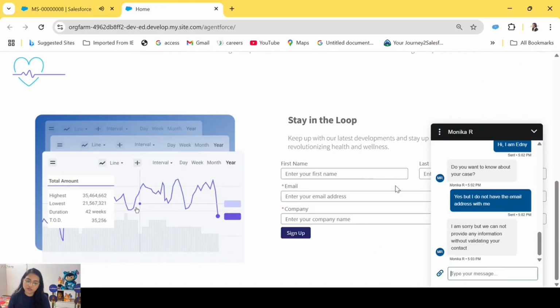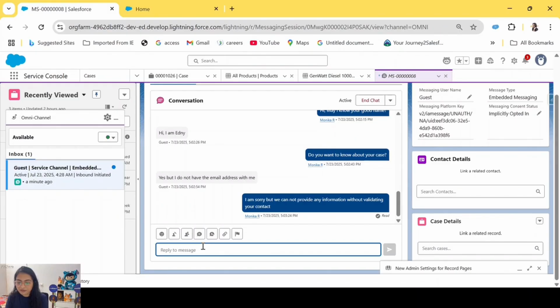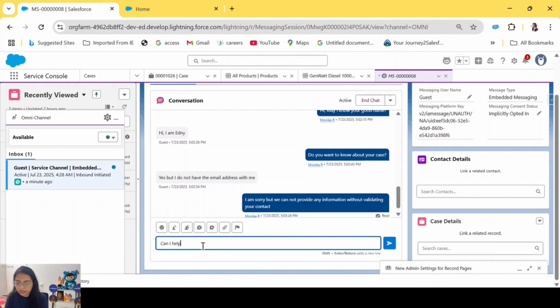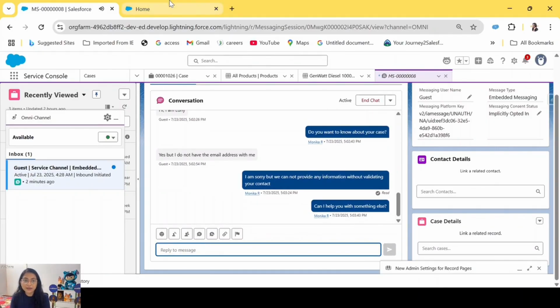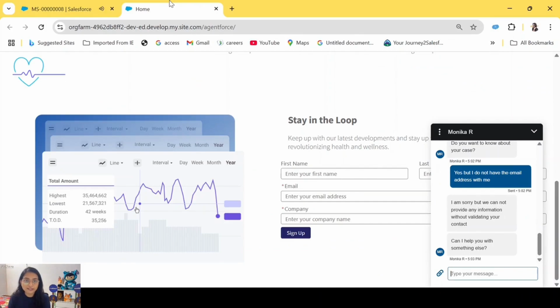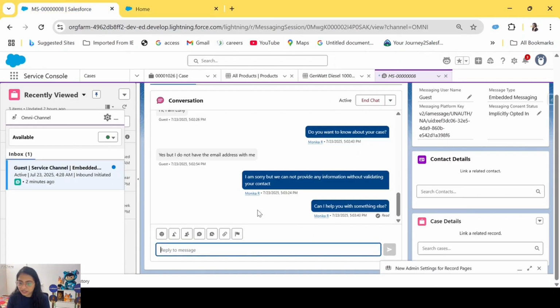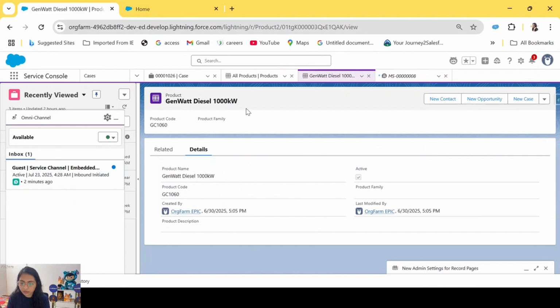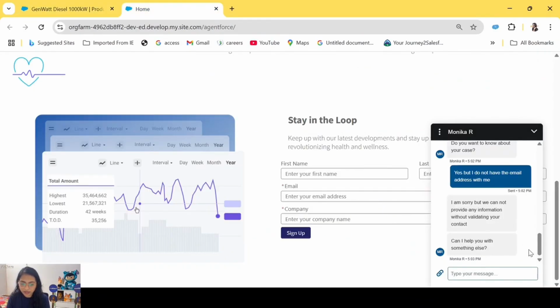Now the customer also understood that that's okay, I cannot have that, and because I don't have that email, let's just have a top-up message. Can I help you with something else? Now here you will see how Agentforce will help the customer service agent to solve the issue very quickly. Let's just say now she wants to know about a product. Let's say she's going to say that I want to buy the product,